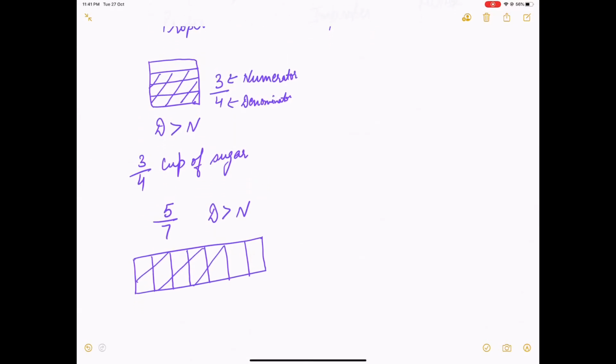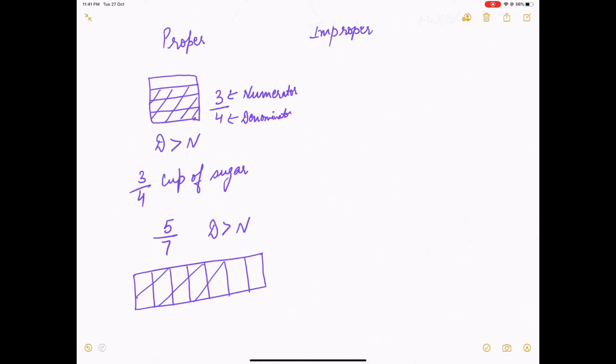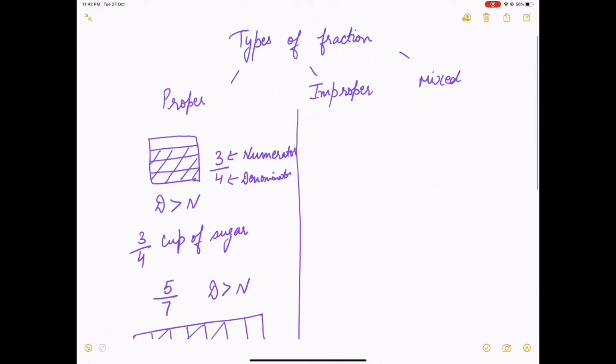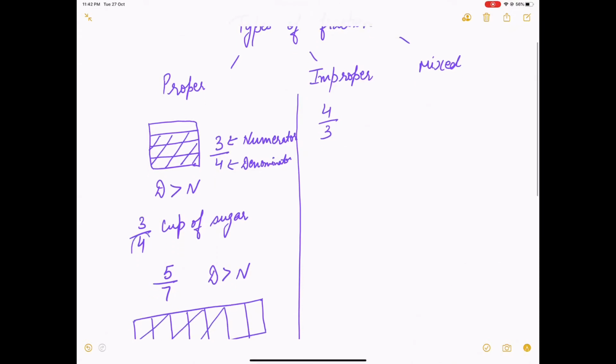So in proper fraction, you can take some part from the whole. There is no separate whole part. There is always a whole and you take some fractional part from it. Now if I reverse this 3/4 and I write 4/3. Okay. So as I told you that denominator tells me number of parts of a whole.